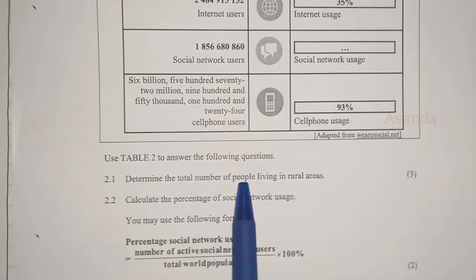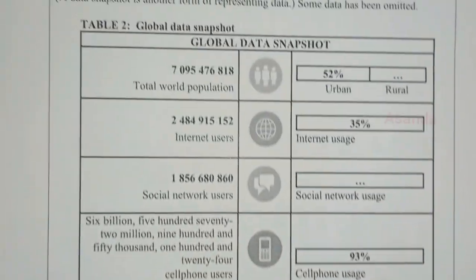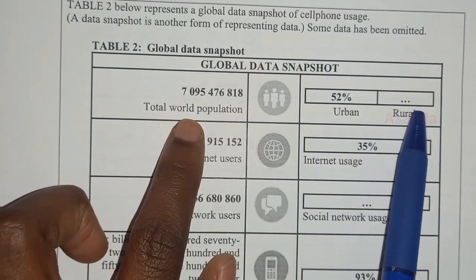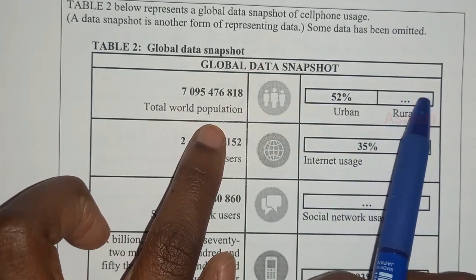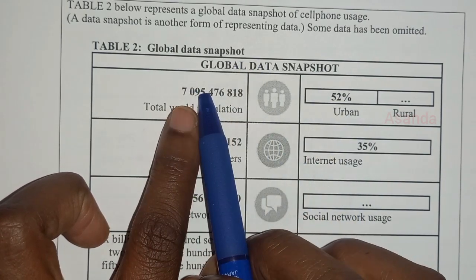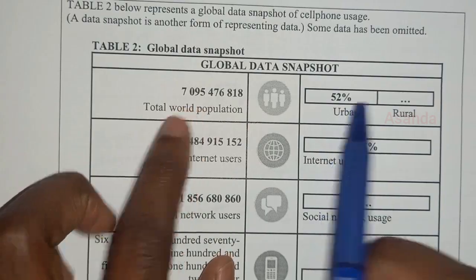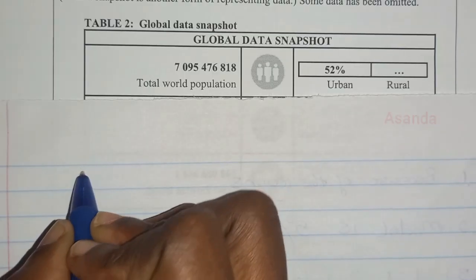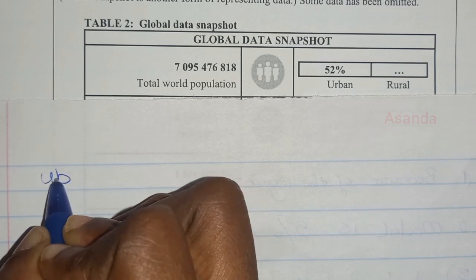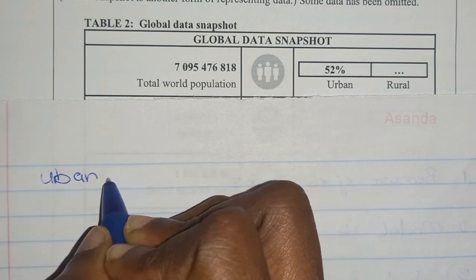Determine the total number of people living in rural areas. Before we can determine that, we have to find the percentage. Or what we can do is calculate the number of urban and subtract it from the total, and then we will have the rural. Let's do both ways. What we're going to do is say urban is equal to